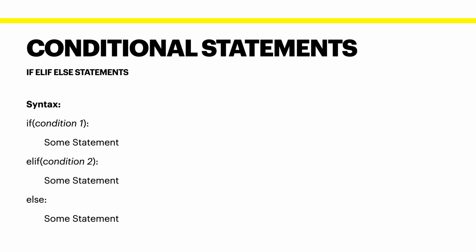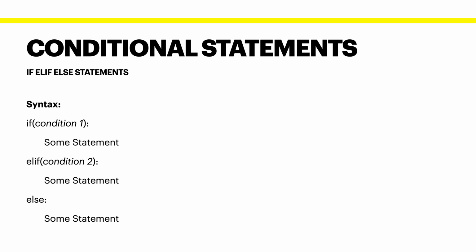Or you can use this multiple times to check for multiple extra conditions. So what you can do is you check for a particular condition in the if block. If the condition is true, then execute the statement in that block. Now, if that condition turns out to be false, then check for another condition in the elif block. And if the condition is true, then simply execute the statement in this elif block. Or if the condition is again false or it fails to be true, then go to the else block and execute the statement. Really simple, isn't it?